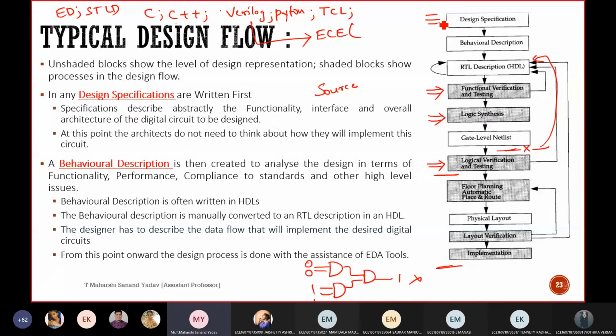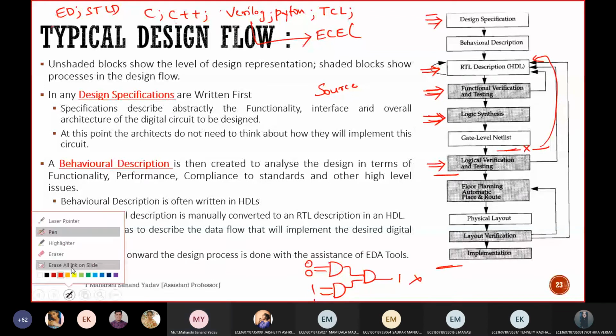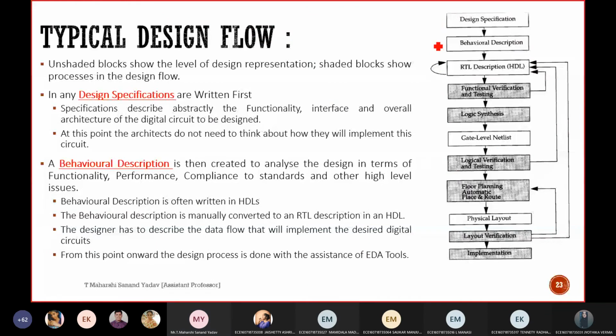At each and every level there will be one job role. One team will do RTL description, one team will do the verification part, one team will do synthesis. That's the reason in VLSI you'll get more pay. Suppose for two months you write RTL description; for those two months the remaining guys will be free. After completion of the RTL description, once the process enters functional verification, there won't be any work for these guys. Now they can enjoy. So it goes in sequential stages: after completion of the first process, you enter into the second, third, and so on.